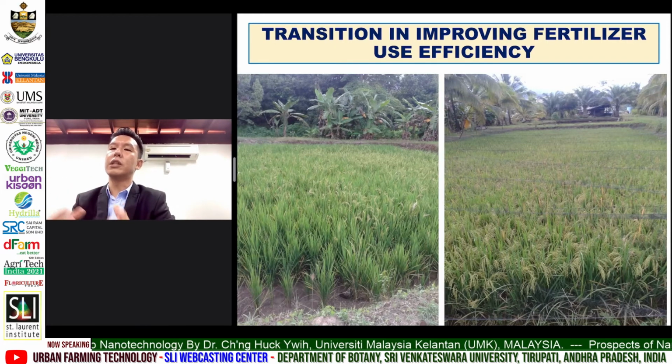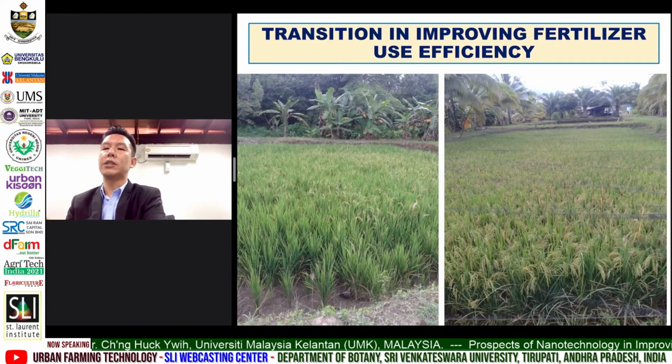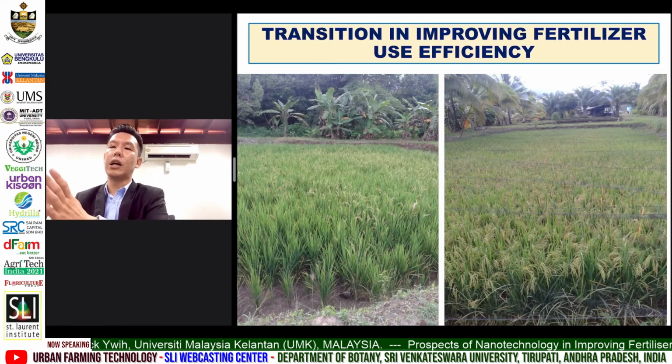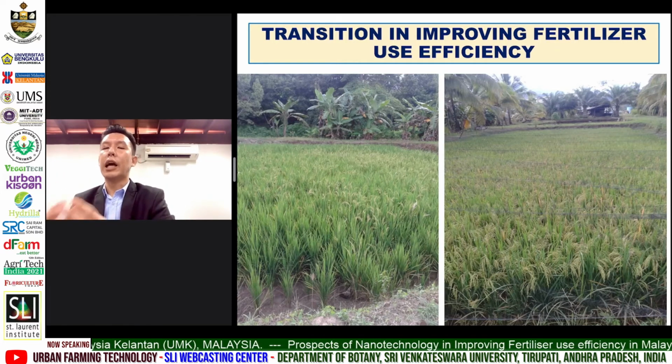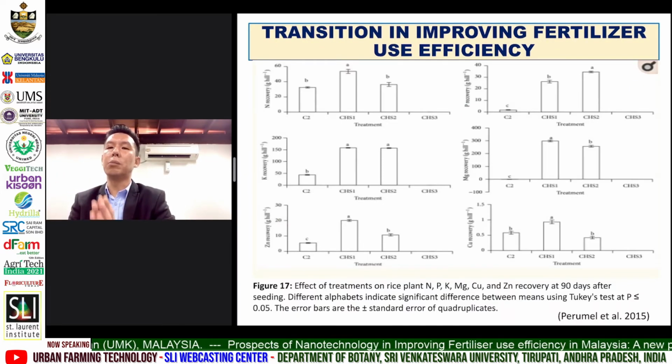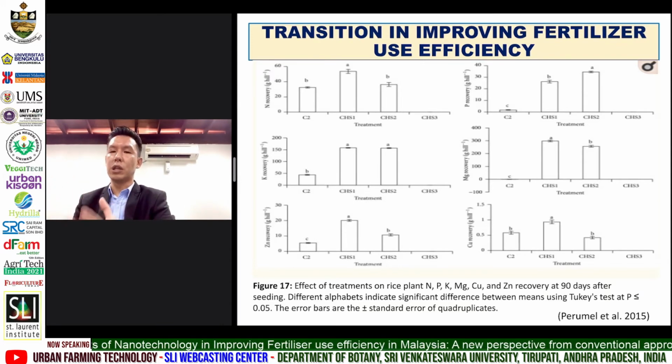In this slide, you can see the difference between the chemical fertilizer alone and the one on the right-hand side, which is the one applied with the organic amendments. So it tends to speed up the maturing stage of the paddy. And again, the graph has shown an improvement in the nutrient recovery in the soil, which in turn indicates a positive improvement in the fertilizer use efficiency.